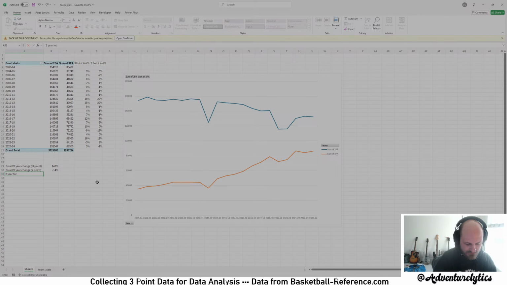20-year total differential. Let's see what the differential is between the two.